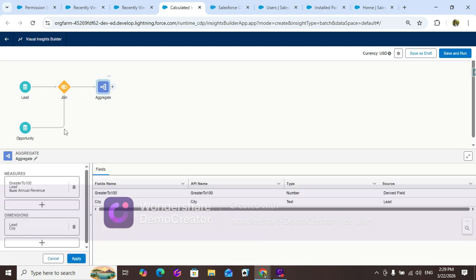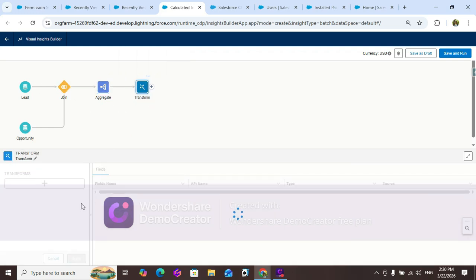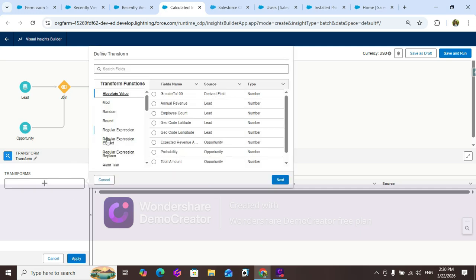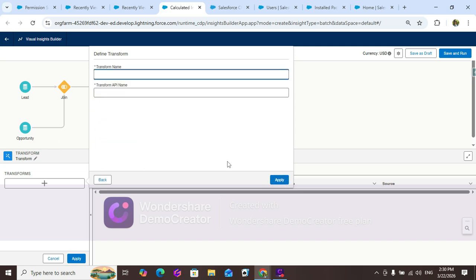Now we have done the aggregation here. Now we go here and we can apply transform. Now we want to transform the data, so how should the data look? I will click here. Let me give here greater than, it will be created. So let's go greater than record. I can say record having